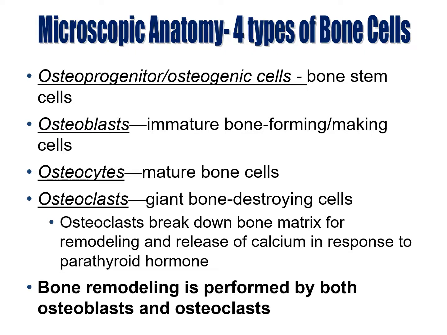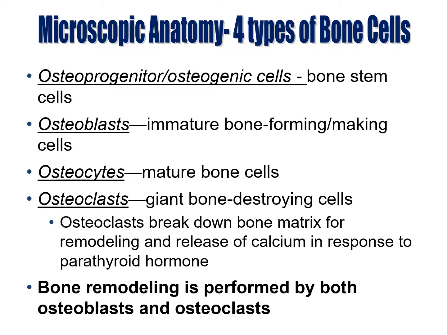Osteoblasts are bone makers. That means they help build the bone matrix. Then osteoblasts mature into the third type of bone cells known as osteocytes. So osteocytes are simply mature bone cells which are present in pockets called lacunae. The fourth type of bone cells are known as osteoclasts, which are really huge cells, and these are bone breakers. So osteoblasts are bone makers and osteoclasts are bone breakers.